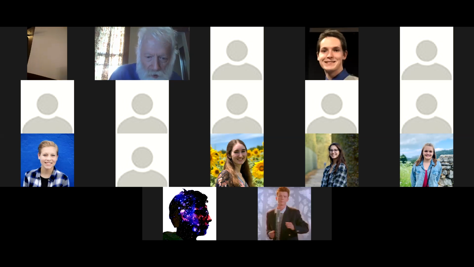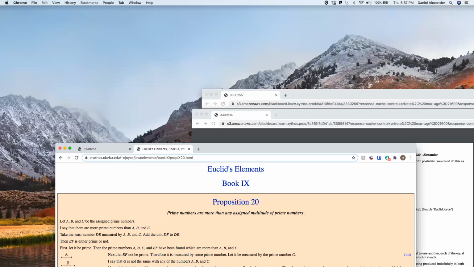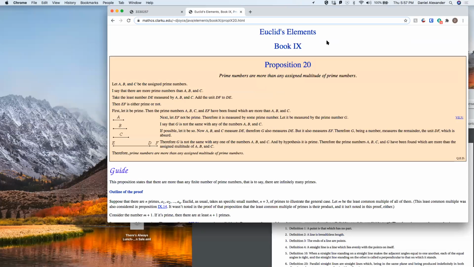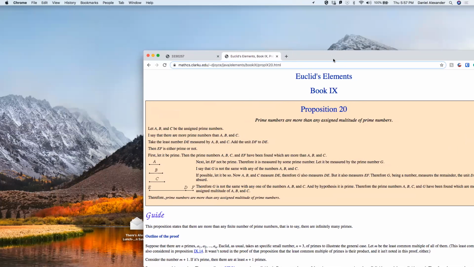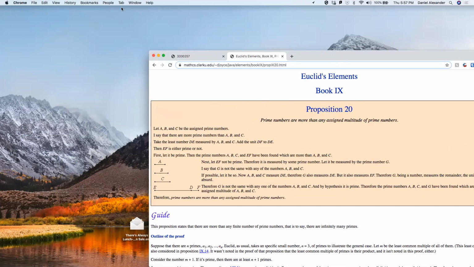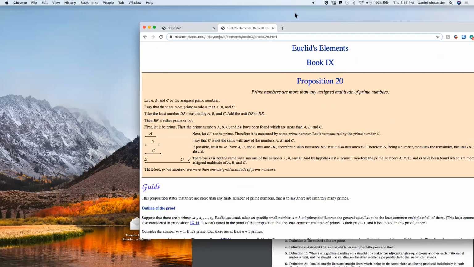I'm going to just share. You should see at least one Euclid thing here. So I'm going to show you. Let's see, which one do we want? This one. Okay. Oops. Yeah. Okay. I think I might have shared the wrong thing. Is this Euclid's Elements book 9, or did I share a different Euclid? Well, that's the right thing. I'm sorry? That's the right thing. Oh, okay, good. Because I had 2 open and I thought it was something else. Okay. So